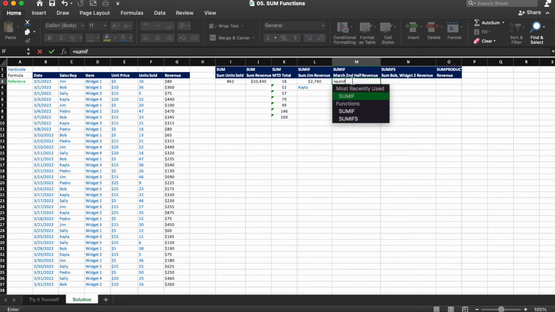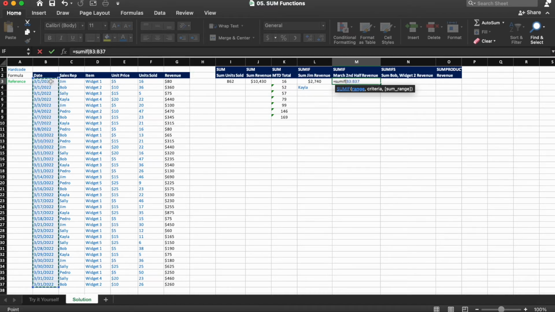So in cell M3, we want it to say equals SUMIF, open parentheses, and we're going to want to select B3 through B37, and we'll lock it in.